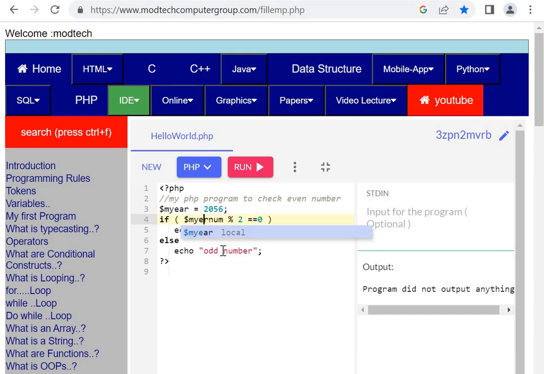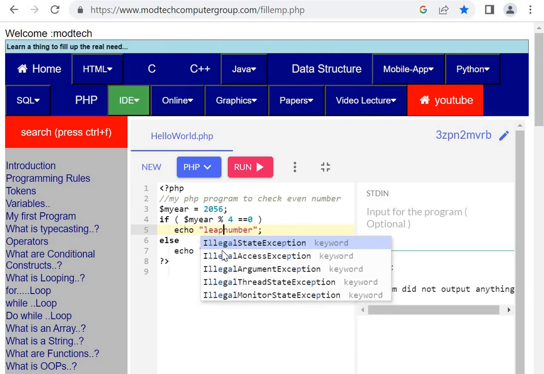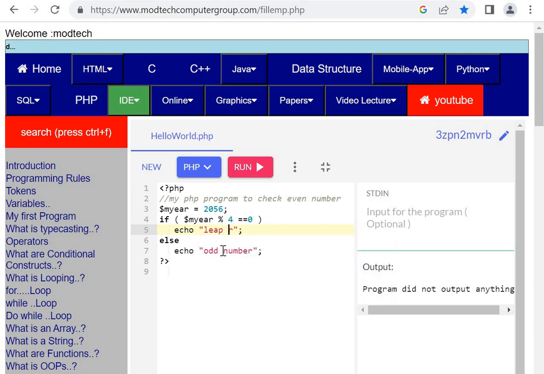Now you need to check whether this given variable value, the given year, is a leap year. So in this case you will be checking its divisibility by 4, and if it's divisible by 4, then you can say it's a leap year. You can print here, if the statement comes true, then you can say